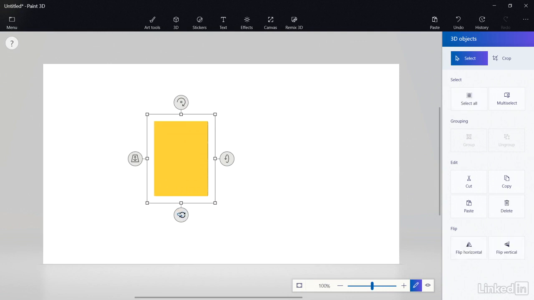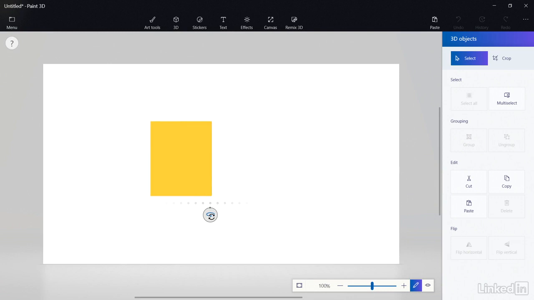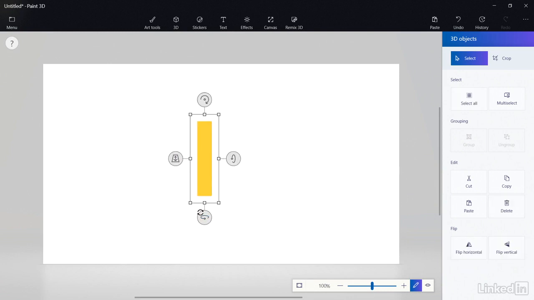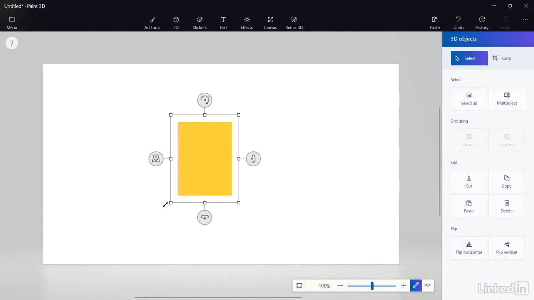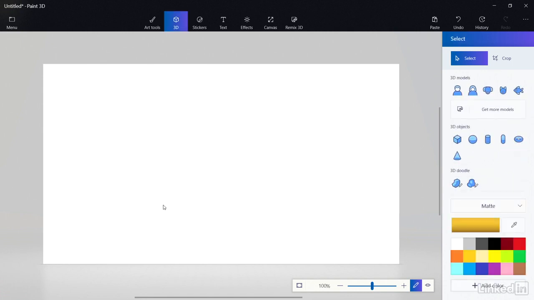Now, if I wanted to scale it in the opposite direction, I could rotate it until it snaps and then scale it this way. Rotate it back, and now we have something like a cereal box. So as you can see, very easy to create 3D objects. Now I'm going to go ahead and hit delete, and let's take a look at some of the other 3D